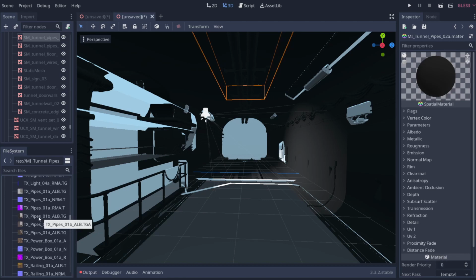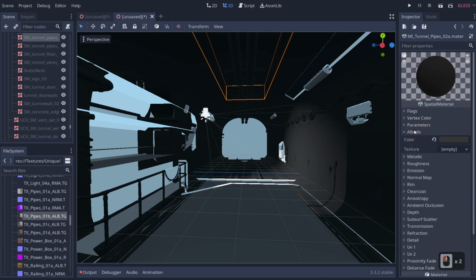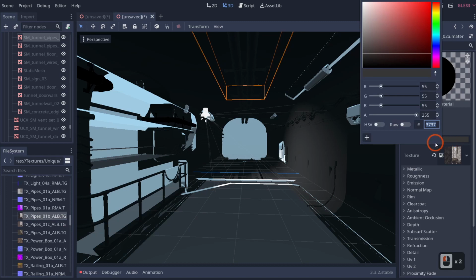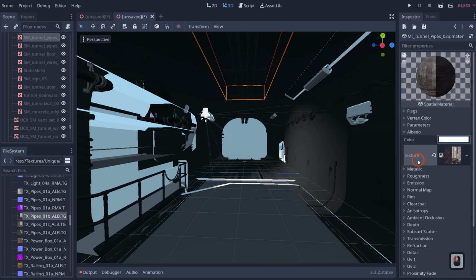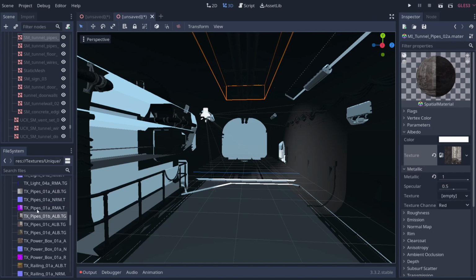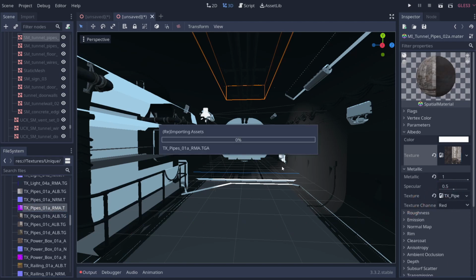So let's go ahead and drag our 01. Well, actually, let's click open our albedo texture. Let's drag this over and drop it in here. And let's change this to white so that the pipe actually looks good. Now that we have that, let's go and put in our metallic map. So you'll see that we have our RMA material here. So if we drag this in here,